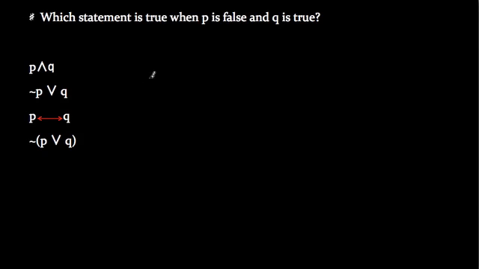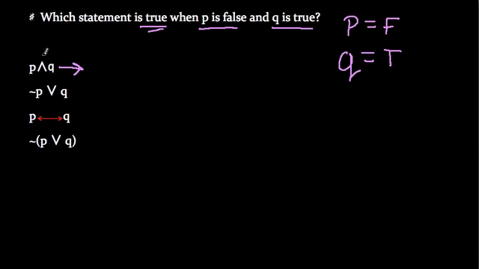Okay, so we're analyzing these four statements when P is false and Q is true. So we're always setting P equal to false initially, and Q initially is always equal to true. So we want to find out which one is true. And in the first scenario, we have that AND statement, and that requires both P and Q to be true